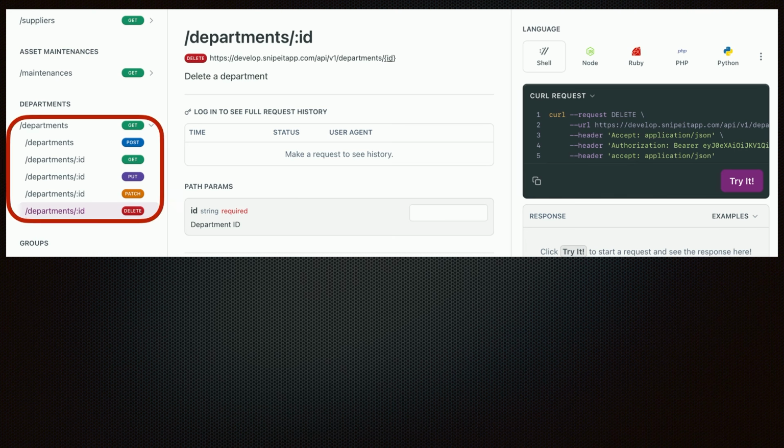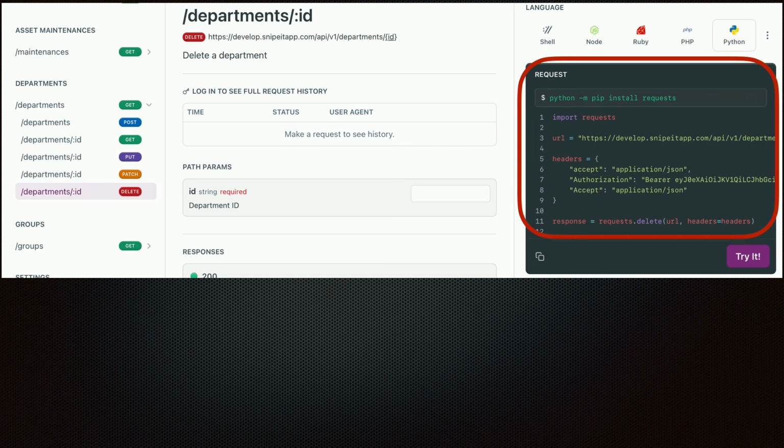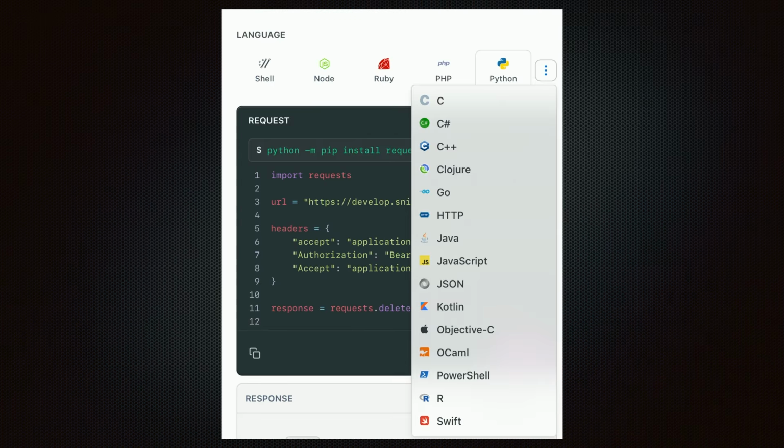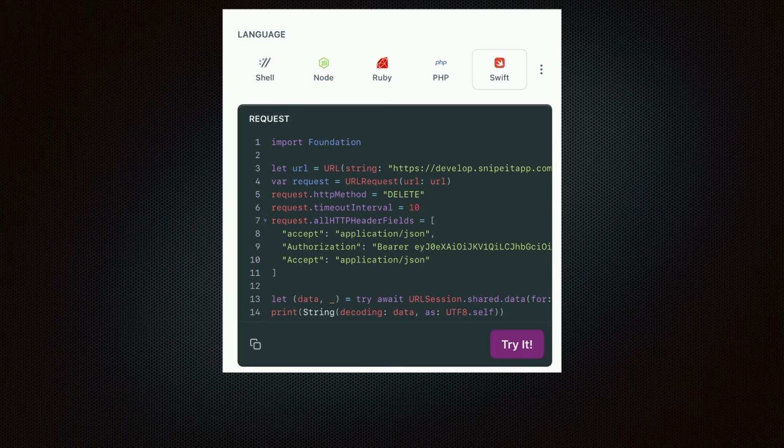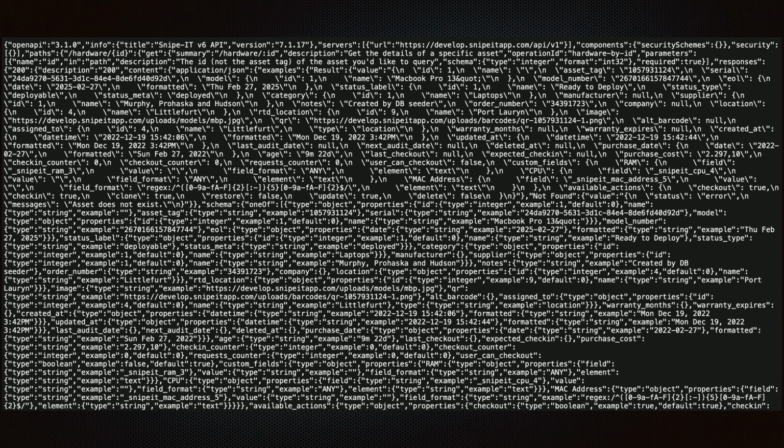And just like the Swagger example we were looking at, there's a code example and a try it button. And just like the Postman, we can pick from different languages for the code example. Quite a few different languages, in fact. Even Swift. Heck, they even give you the full open API specification so you can make your own Swagger docs. Don't worry, we're not going to unpack this here, but the format looks familiar, doesn't it?